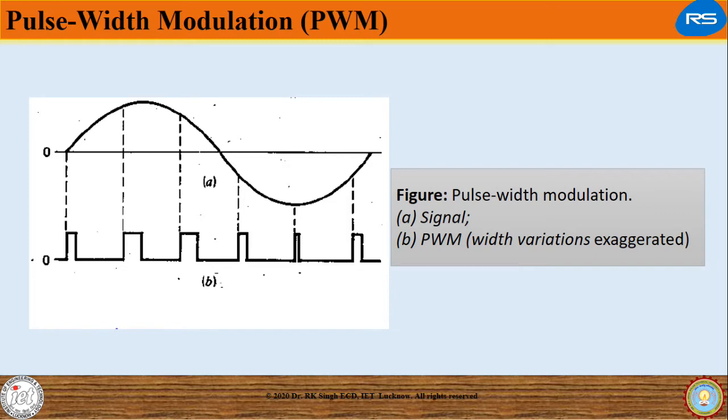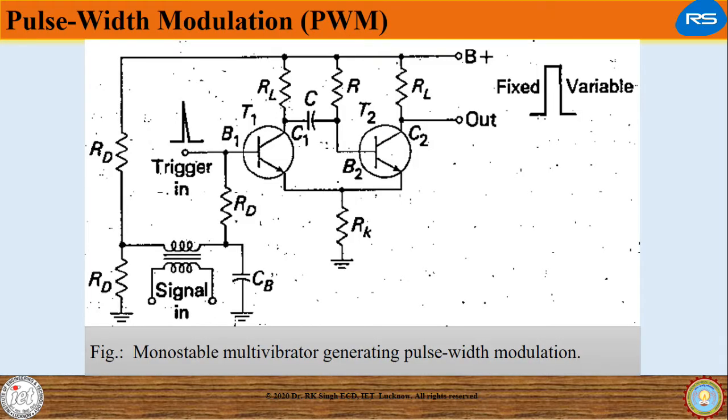PWM still works if synchronization between transmitter and receiver fails, whereas PPM does not. PWM can be generated by a monostable multivibrator, in which it is generated by applying trigger pulses at the sampling rate to control the starting time of pulses from a monostable multivibrator, and feeding in the signal to be sampled to control the duration of the pulses.